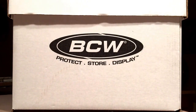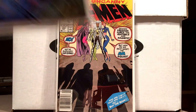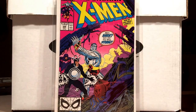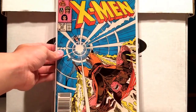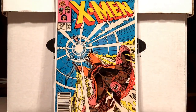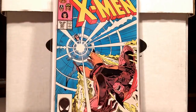But here is Uncanny X-Men #244, first appearance of Jubilee. Uncanny X-Men 248, the first Jim Lee art on the X-Men series. And here's Uncanny X-Men 221, and just like with the X-Factor 24, I didn't get 1, 2, or 3,